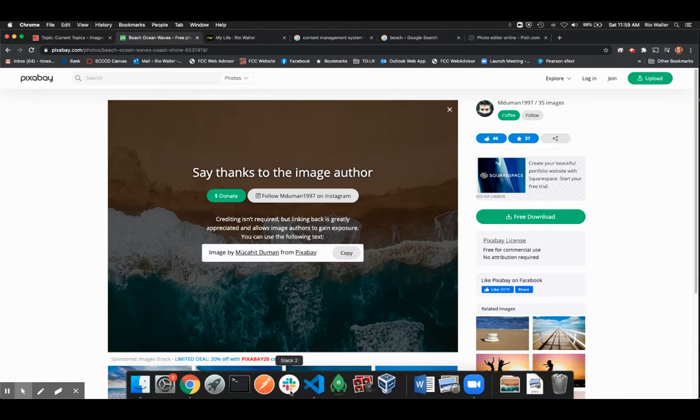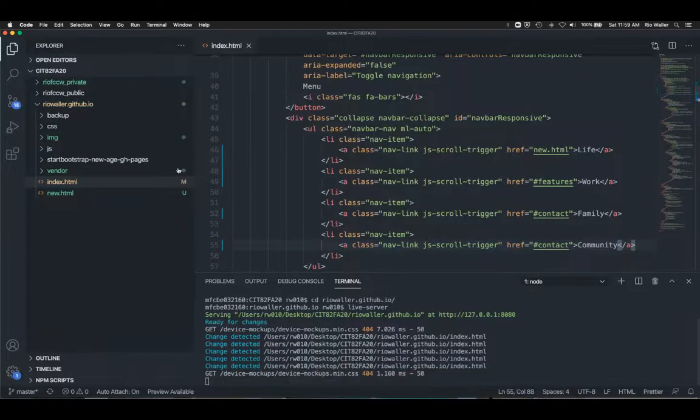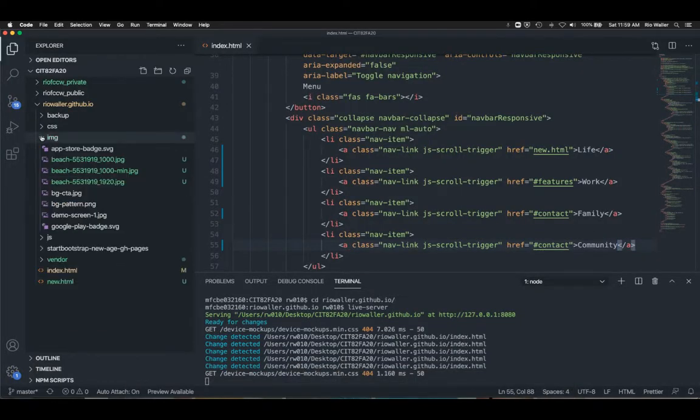Now, the thing I did, and the thing I recommend you kind of do here, is I had in my template already a folder for images. Now, if you want to create a separate one, you can. And so here's the original file. No, here's the original file. And I can tell because look at the file name. It's 1920 pixels across. So this is the original one.